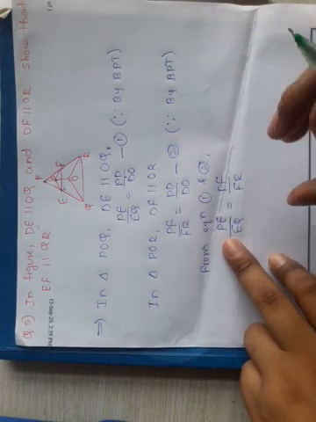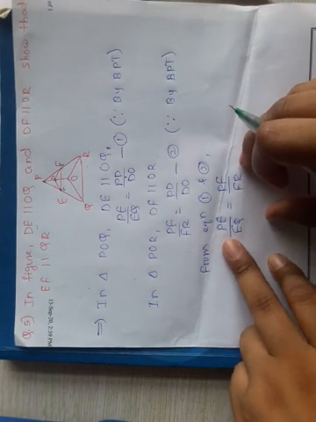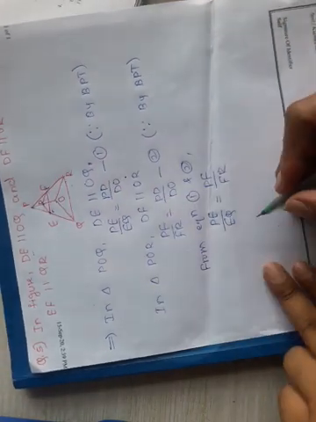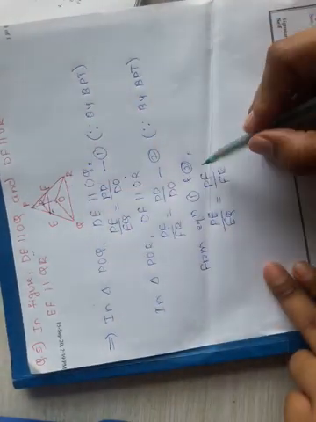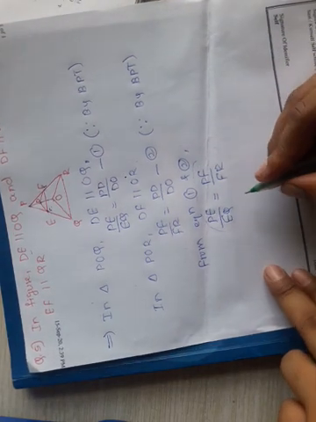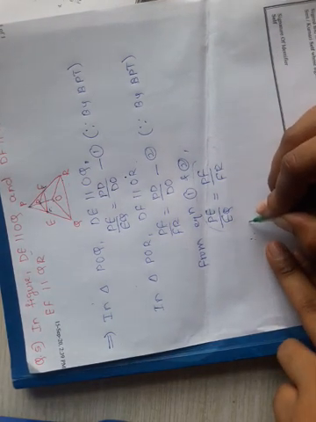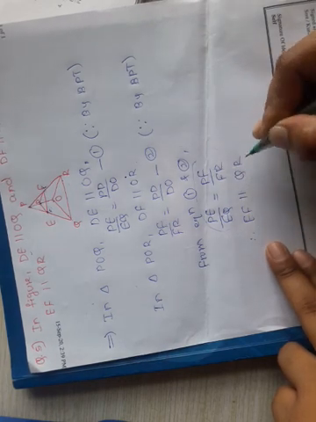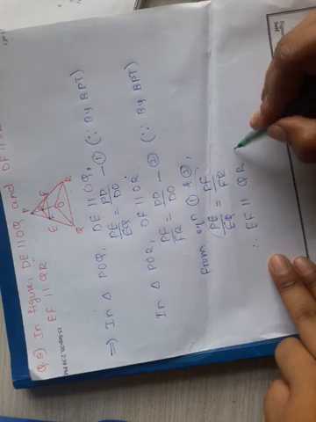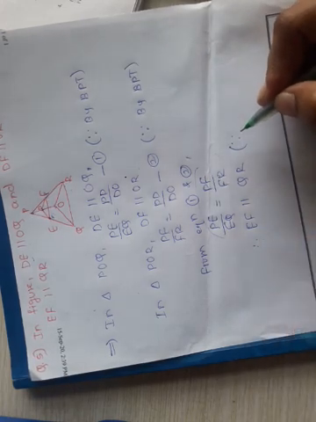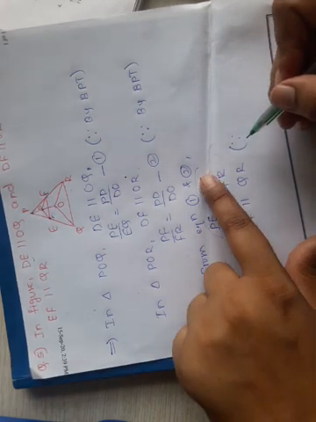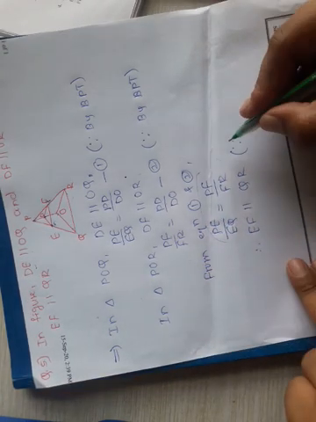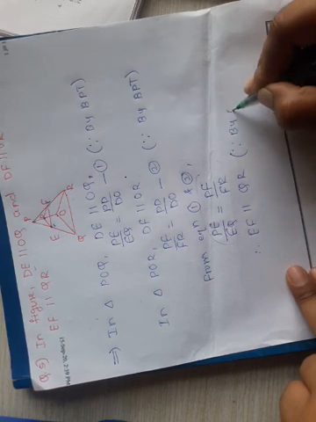If a line divides two sides of a triangle in the same ratio, then we can say that the line must be parallel to the third side QR. Therefore this EF must be parallel to QR because these ratios are satisfied here. So write down, therefore EF is parallel to QR. This is the statement of which theorem? The converse of BPT. If the ratios are equal, then the lines are parallel.